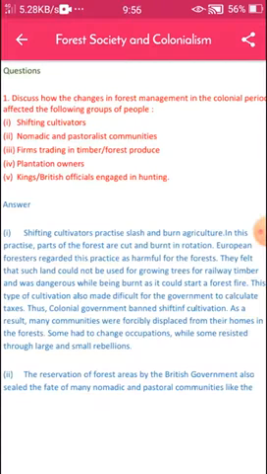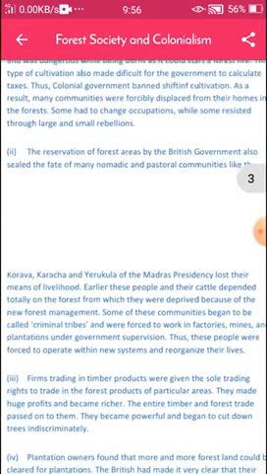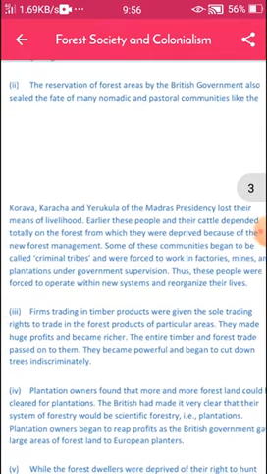Second one, nomadic and pastoralist communities. Answer: the reservation of forest area by the British government affected the lives of many nomadic and pastoral communities like the